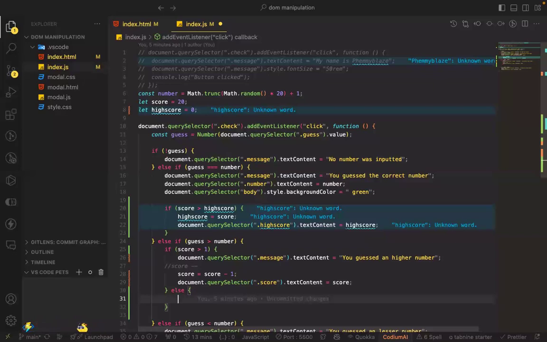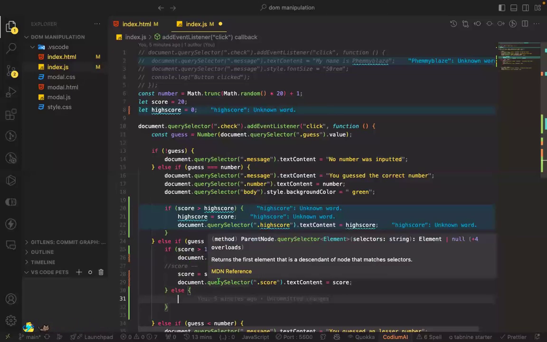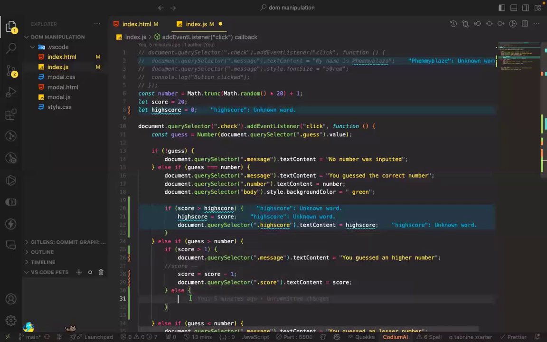And then it's still the same thing. Wait, calm down. I think you're the one that is mixing it up. Okay, now if score is greater than 1, document.querySelector message equals you guess a higher number. Score minus, so you minus it, then the document.querySelector equals the score. So else, if the number is now less than 1, the next thing you have to do is